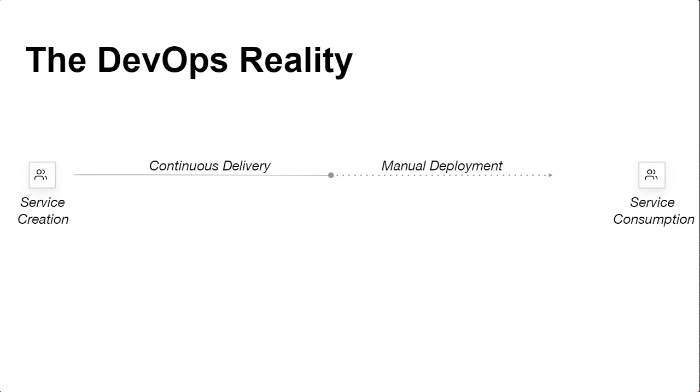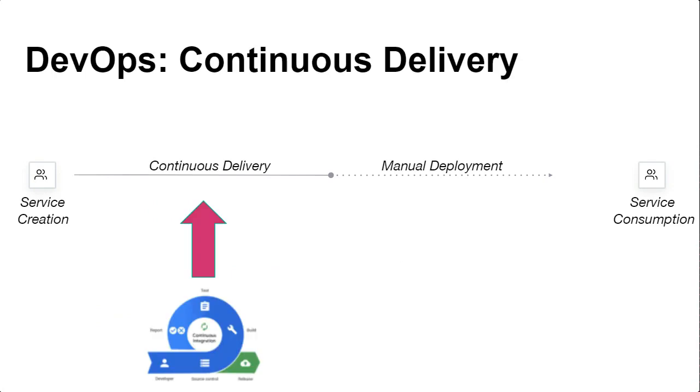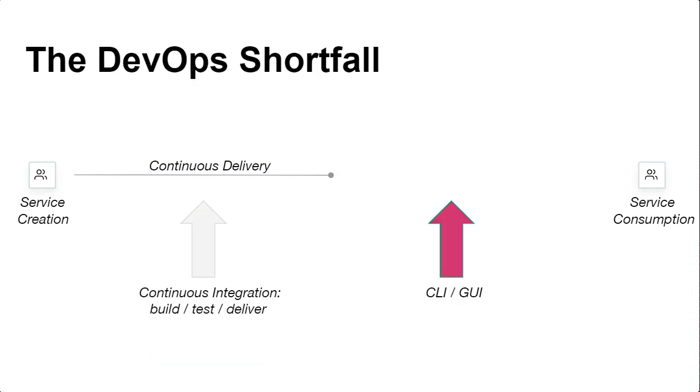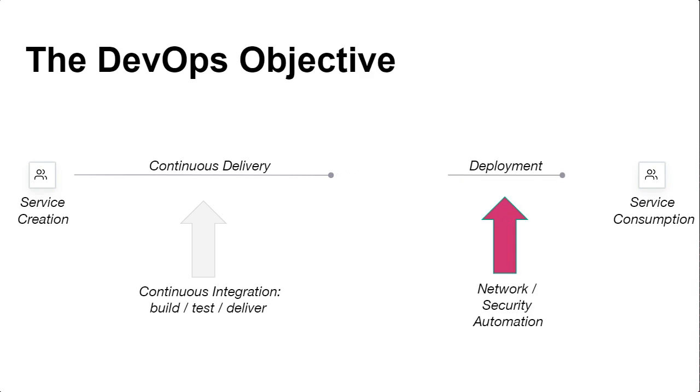And what this did, this shone a huge operational spotlight. There's that CI and all that wonderful automation on the left in the delivery process. And then we still mainly manage things by the CLI and the GUI. That's why we have this delayed, or what I like to call the third CD of CI/CD, continuous disappointment. So all this work has been automated up until this point, but we're not getting to the desired service consumer. Now, this shone a huge spotlight on the security and network operations departments. Like, why aren't you enabling the extension of this continuous delivery so that we get to continuous deployment?